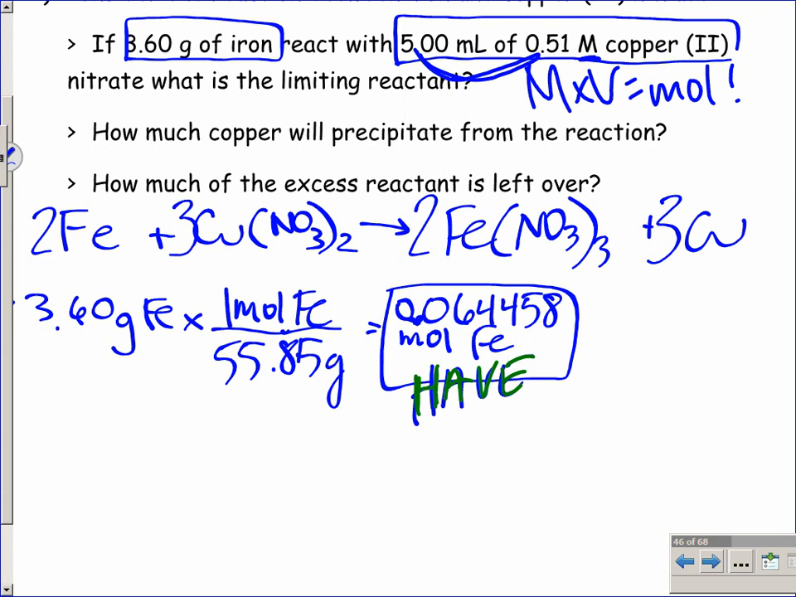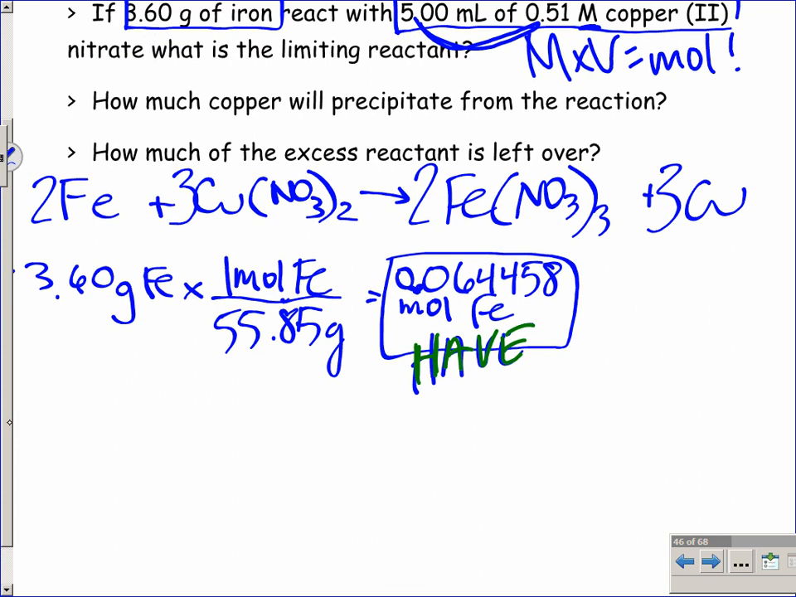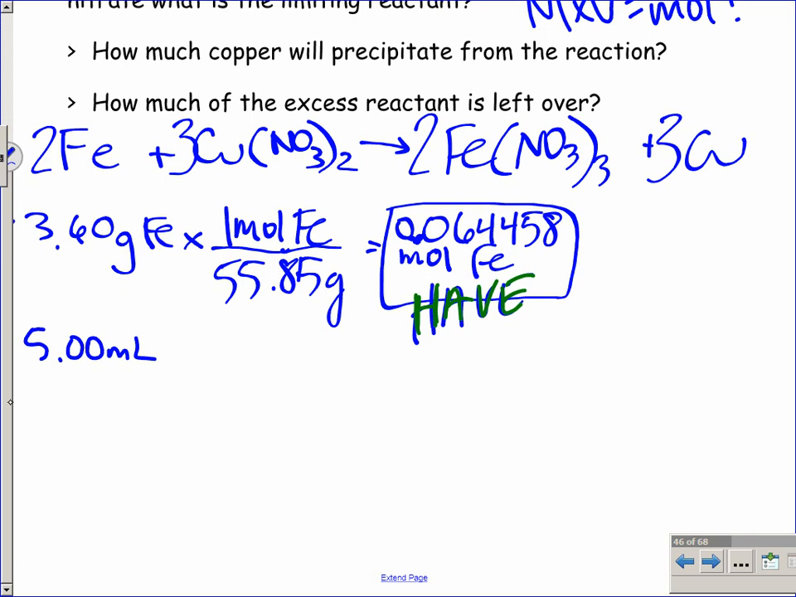I'm running out of space. Okay, so take your 5 milliliters and get it to liters. What am I doing? Look at the board. Dividing by 1,000. So 1 liter is 1,000 milliliters. Normally I could say you just bounce the decimal back 3 places, but I'm just going to make sure I show you both ways. So the milliliters will cancel there. And then I'm going to take this molarity,